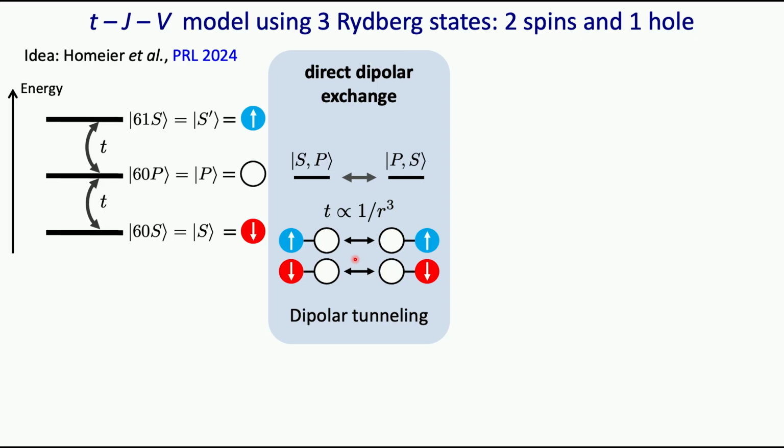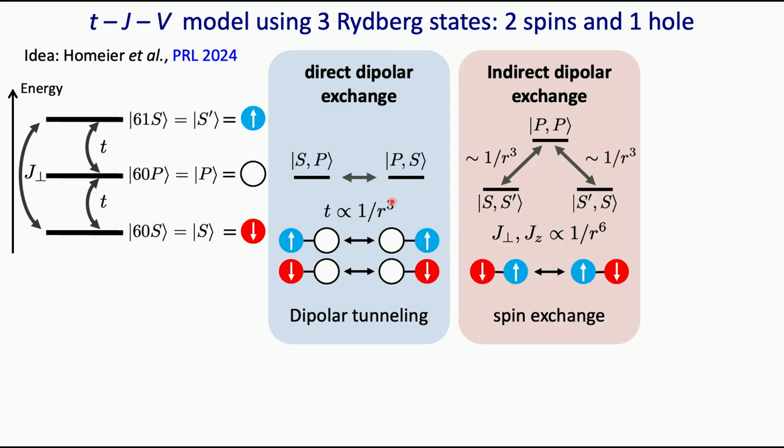So the most natural one is exactly the one we've described, which is this dipole exchange, where essentially you have the state SP between 2 atoms, or PS, which are degenerate, and essentially they can exchange their state, which corresponds to the hopping of spin up or spin down from one site to an empty site. And so essentially, spin up, spin down goes to the hole, or the hole goes to spin down, and this is a 1/r³ interaction. Okay, so this is my tunneling, if you want, in the language of the lattice. The hole propagates by exchanging its state with the spin that was on the other side. So this is the dipolar tunneling.